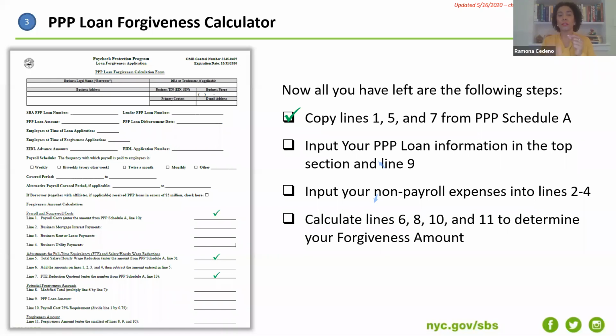And all this is going to come in here as percentages in some cases that are then going to be used to calculate what your potential forgiveness amount is. So remember at the beginning, I was explaining that either you utilize the full loan, 75% for payroll and 25% for these other items that qualify, within 8 weeks. That's the best scenario where you accomplish that in 8 weeks. Then that's the loan amount that you're going to get